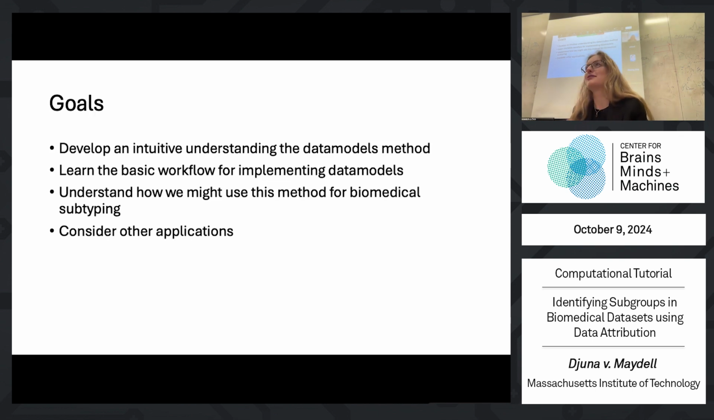And they don't work at all on biological applications, but I think this is what makes it particularly interesting. I'll really be describing my intuitive understanding of the method and how to use it in a really practical way. But I want to emphasize that I didn't develop this method, so I don't want to overstate my expertise in it. I'm hoping that you can get out of this the basic workflow for actually implementing datamodels, and get a little bit of a sense for how we might use this method on our biological data, whether you're working on molecular data or